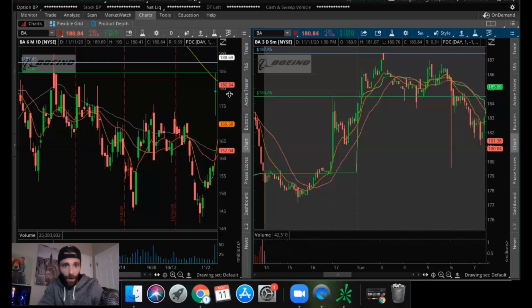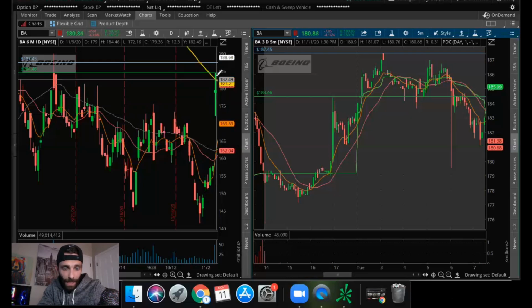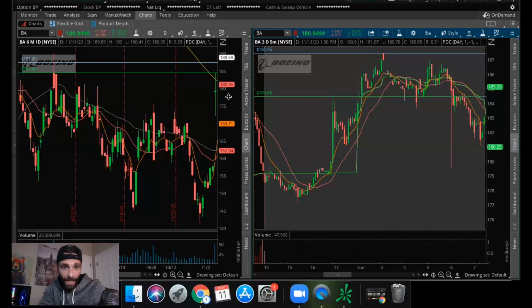Top-down approach, like always. This candle is from the 9th. The entire market gapped up big, and BA held up. This is a decent candle. It didn't give a lot of the gains back. So now coming into today, on the 10th, it was about just trying to find some basic levels. I'm a big fan of when a stock can gap up and hold that gap, having a possible second day continuation play. So just looking at prior day's high,